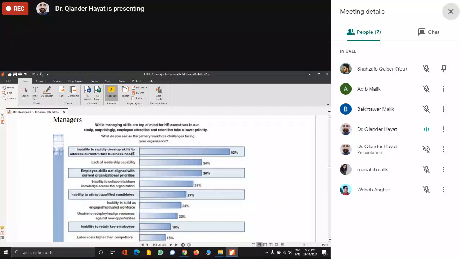Then this factor is playing a 52% role in employee retention or employee attraction. Lack of leadership capability: this factor plays a 36% role in talent management. And inability to lead